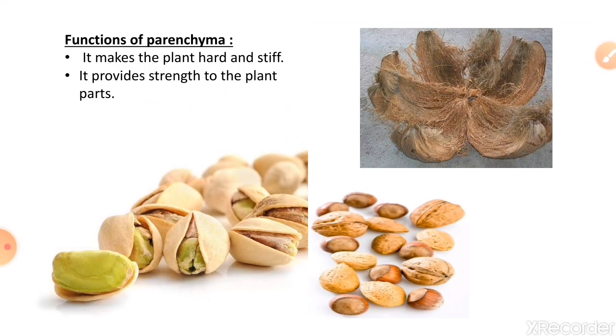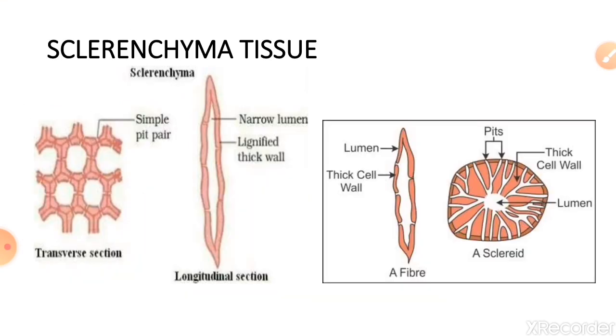Now coming to the functions. First, the location of sclerenchyma tissue. The sclerenchyma tissue is present below the epidermis in case of monocot stems. So in monocot stems, you find below the epidermis the sclerenchyma tissue is present. It is also found inside the vascular bundles. Vascular bundles are those regions where xylem and phloem are present. And outside the vascular bundles, they are the components of xylem as well as phloem. So, these are different locations.